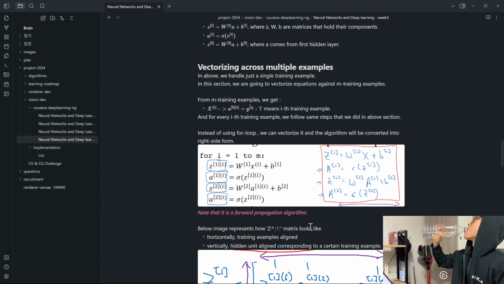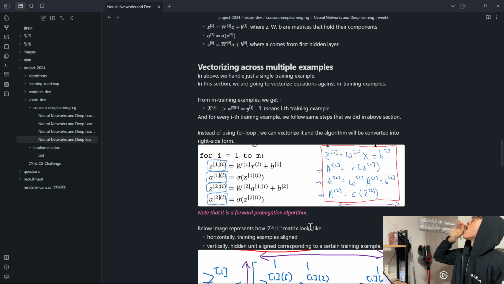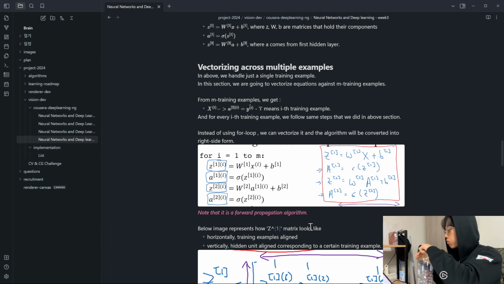Next, let's compute the derivatives. So this is the back propagation step. We're going to compute dz2 equals a2 minus the ground truth y. And just as a reminder, all this is vectorized across examples. So the matrix Y is this 1 by m matrix that